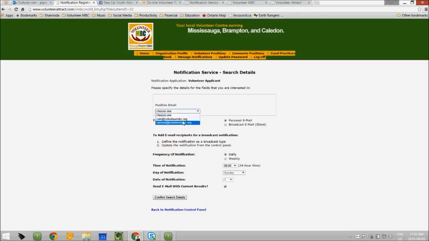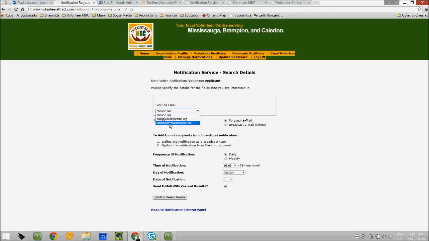The reason we have this feature is that sometimes the person who owns the login will be, for example, ceis@volunteermbc.org, but that individual may not be the person responsible for recruiting the volunteers and engaging them in the position.